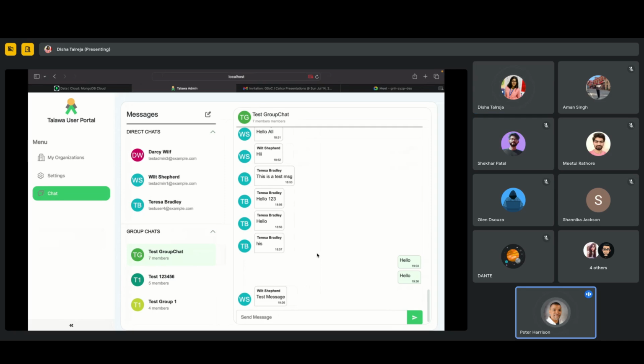Okay, is that still a part of the plan, or are you going to stick with what you have already? I think we're going to stick to this only. Supabase I think was proposed for notifications. Supabase also internally uses Firebase Cloud Messaging, so we'll have to implement that only at the end. Okay, thank you. That's really good. I'm glad to see that the fundamentals of the group chat and the chat are working.